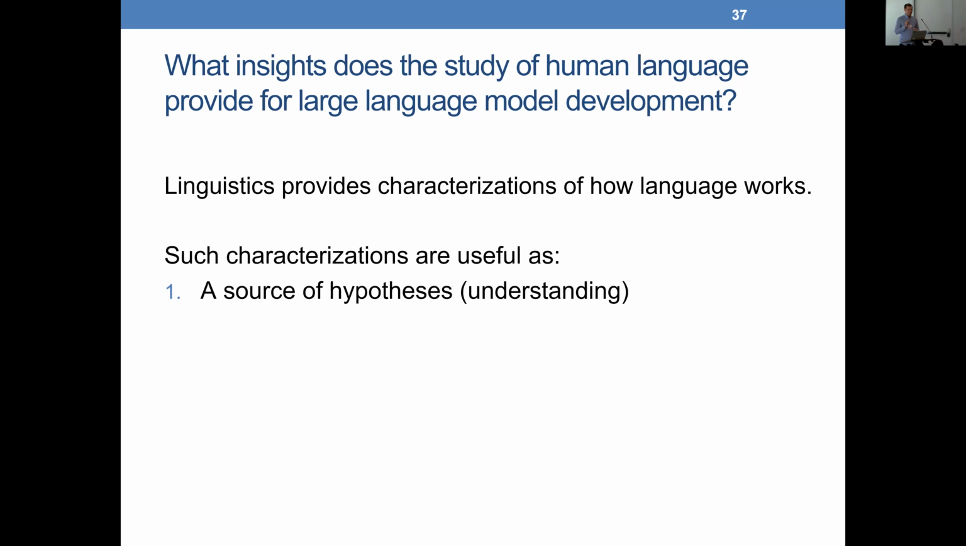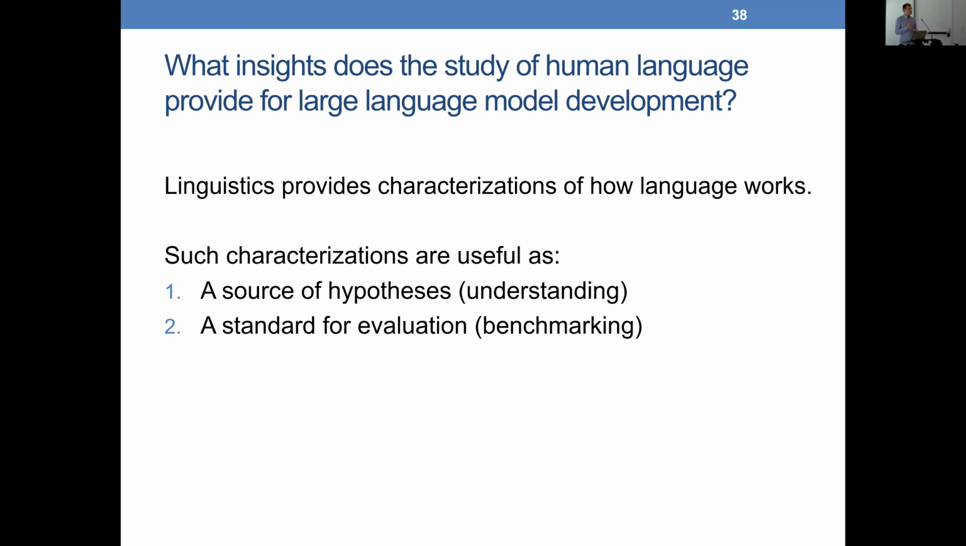There are several different ways in which these characterizations are useful for developing and understanding language models. The one I've talked about so far is that we can use characterizations from linguistics as a source of hypotheses about how we might expect language models to behave. Because the properties we see in natural language use, we should expect to see reflected inside language models that are trained on language use. I'm now going to talk about a second situation where these characterizations can be useful, namely